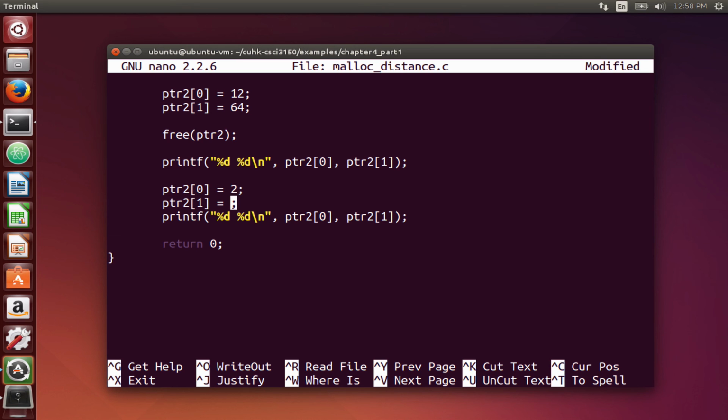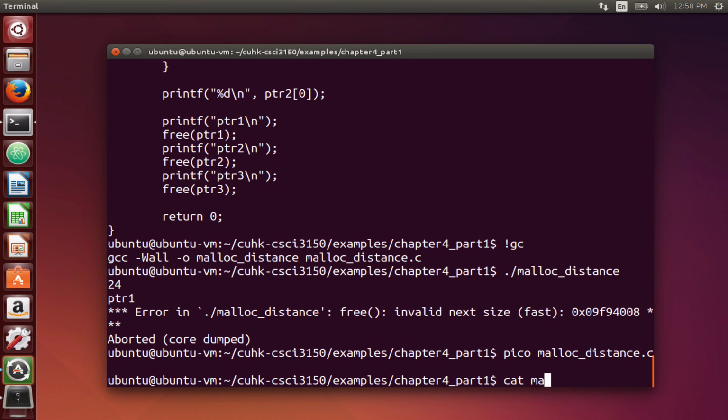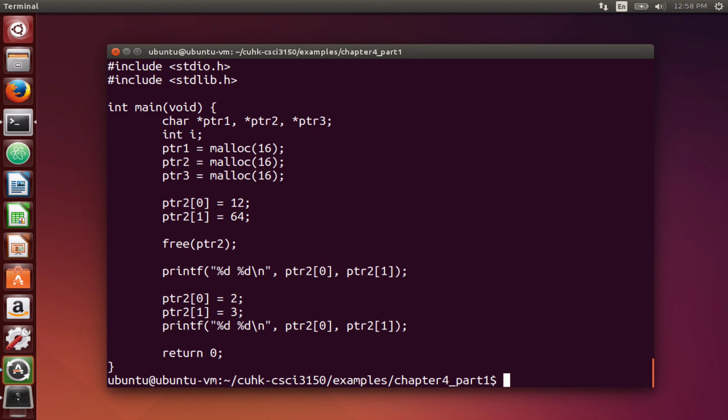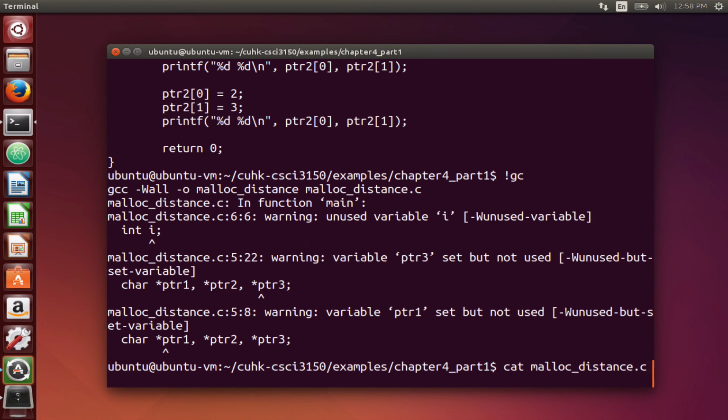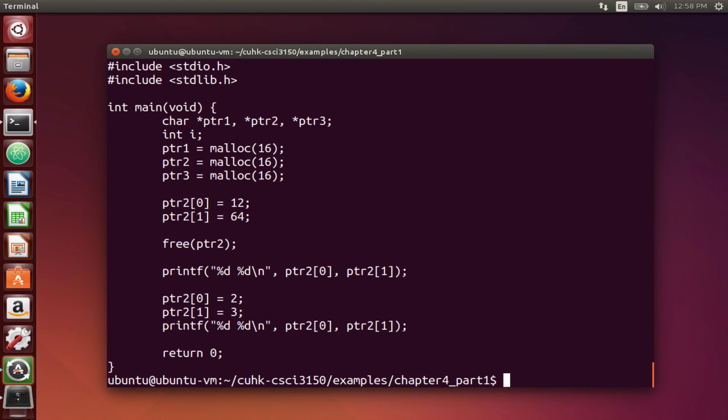I make it 2 and 3 after the free call. Crazy, yeah? So, let you take a look at the program again. This is the program. Some warning because I never use pointer 1, pointer 3, and i, but it completes the compilation. So, what is the result? The result should be